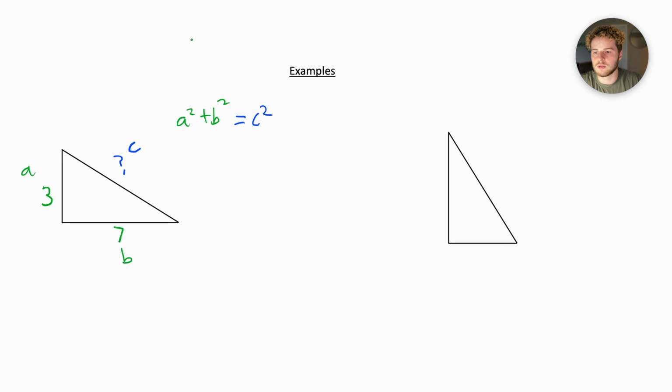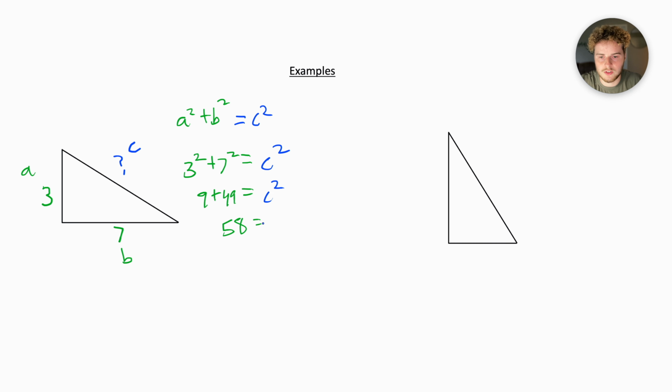So what we can do is plug these numbers in. So we know 3 squared plus 7 squared, because that's A and B, equals C squared. And we don't have C's measurement, but that's what we want to find. So let's just work through the math here. 3 squared is 9, plus 7 squared, that's 49, equals C squared. So 9 plus 49 is 58